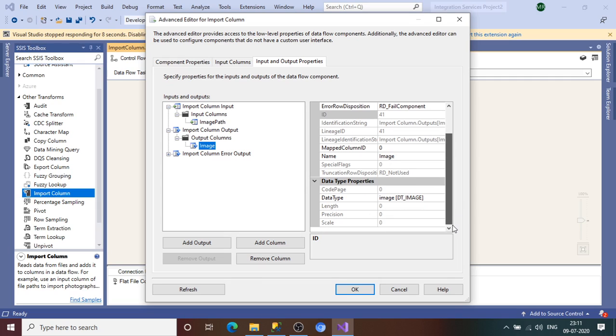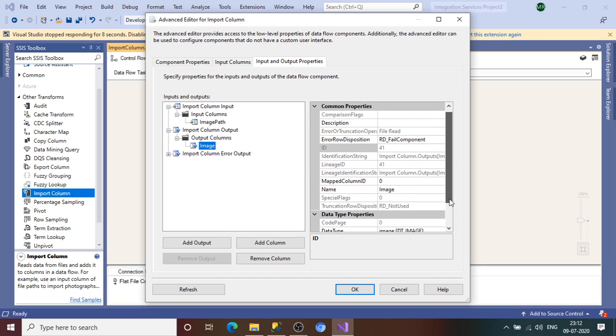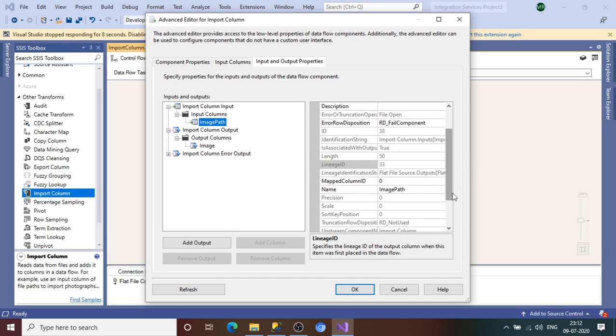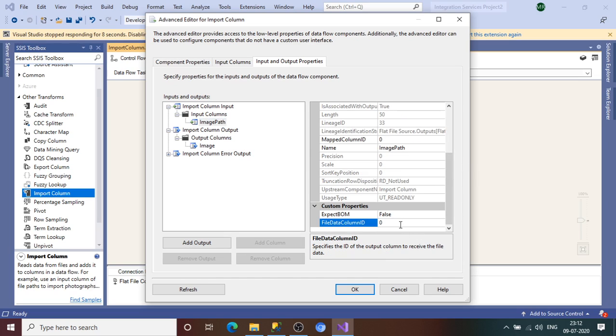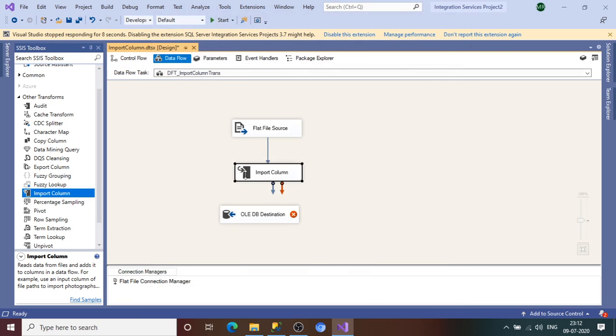Now the tricky part of the input column transformation is that you need to connect this output with the input, with the help of the linkage ID. So in my case, I have linkage ID 41. Okay, you see here, you just copy this and go to the input column, and there is a property called data column ID, just paste it over here. Okay, so that input column and output columns are connected. Click on OK. It is configured.